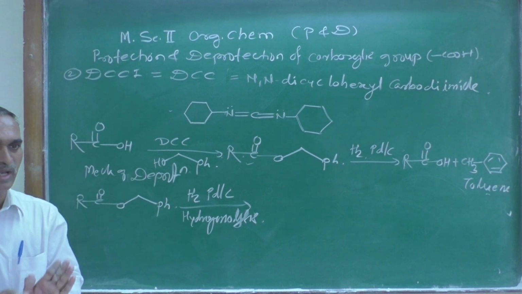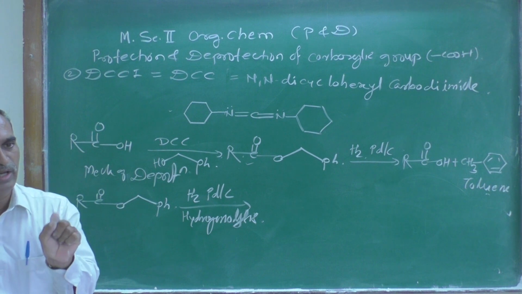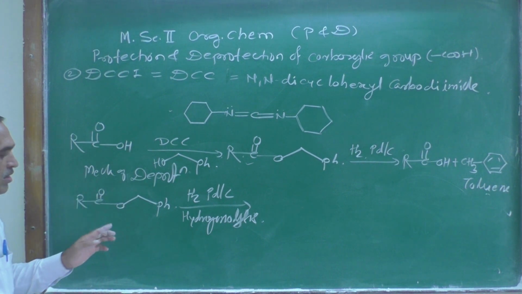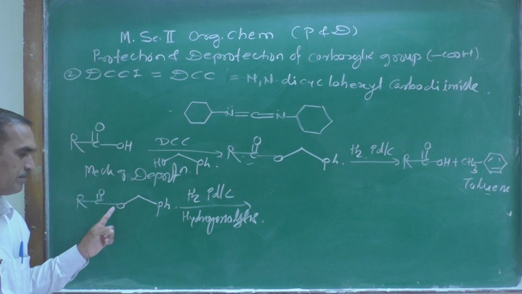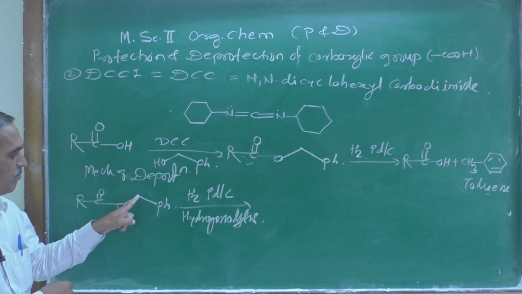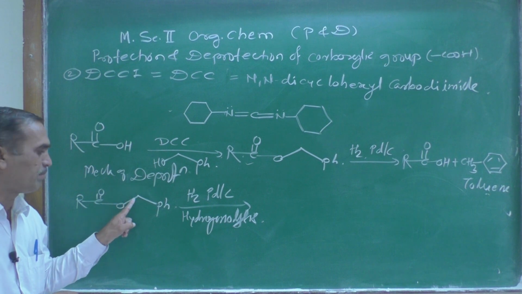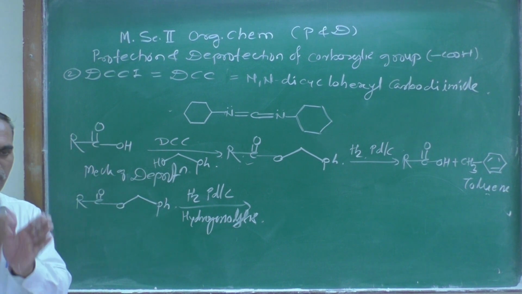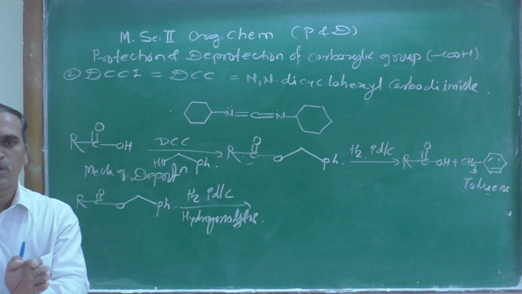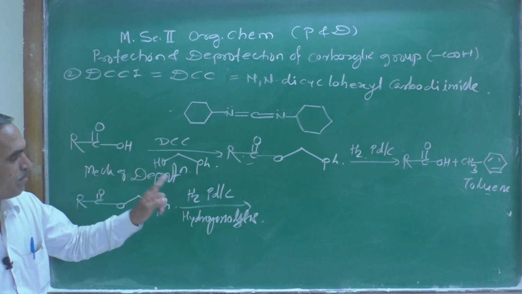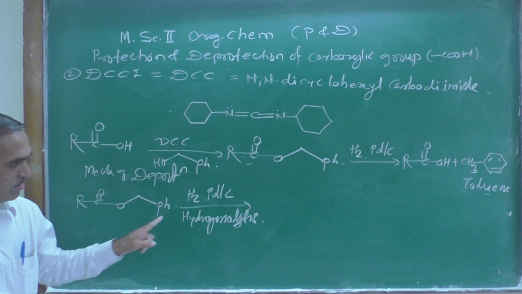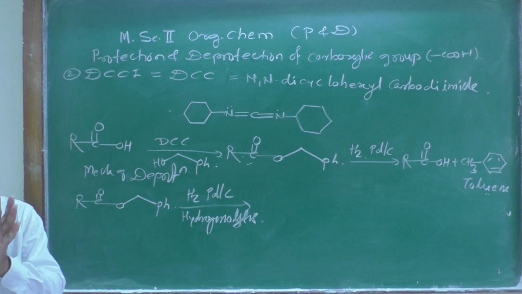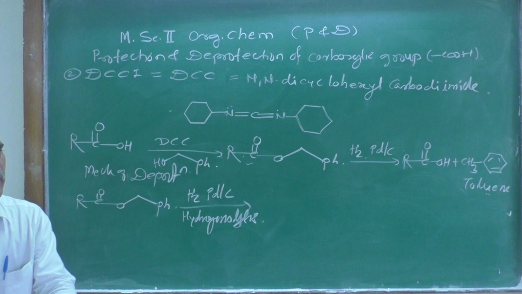Hydrogenolysis means it will cleave or fission the bond on the benzylic side only. Benzylic means this sp3 hybridized carbon and the heteroatom, this bond is breaking by this process, whether it is a nitrogen atom or oxygen atom, it gets cleaved nicely, and